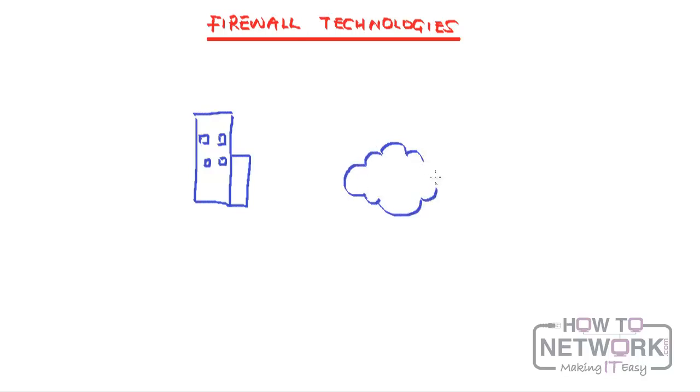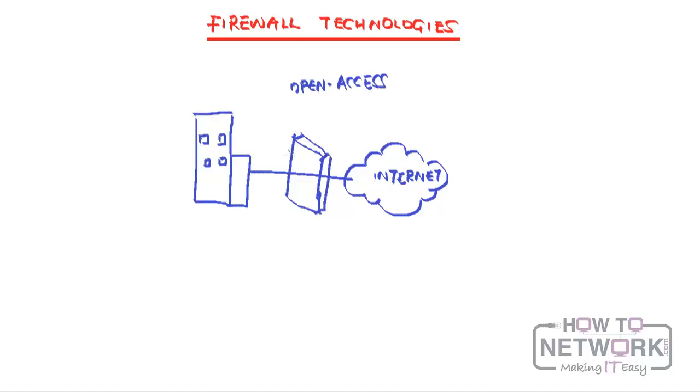Let me clear this screen. So normally you have your organization. Let's just draw this as an organization. And you also have, for example, the internet. That's like the public network. Now the point is to connect your organization to the internet. But just allowing this connection means that it's open access, which allows everybody access to all your resources, which is basically no security. But with firewalls, you can place a firewall here that is going to control access between